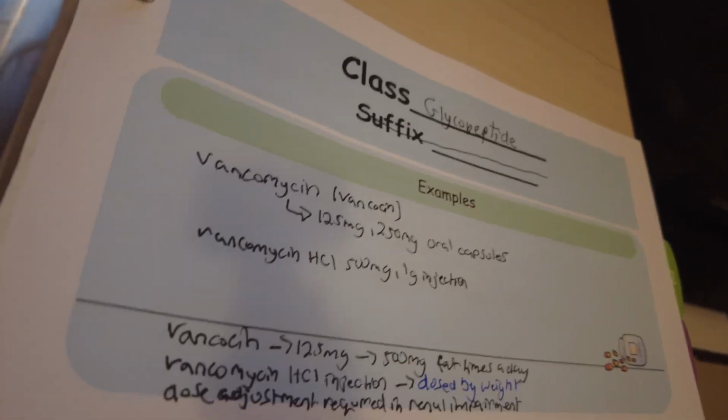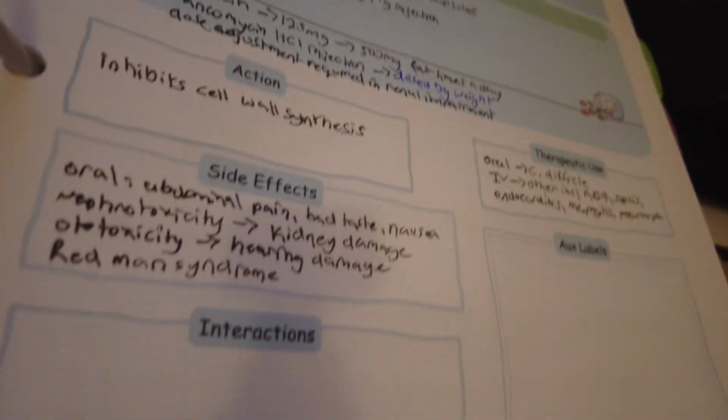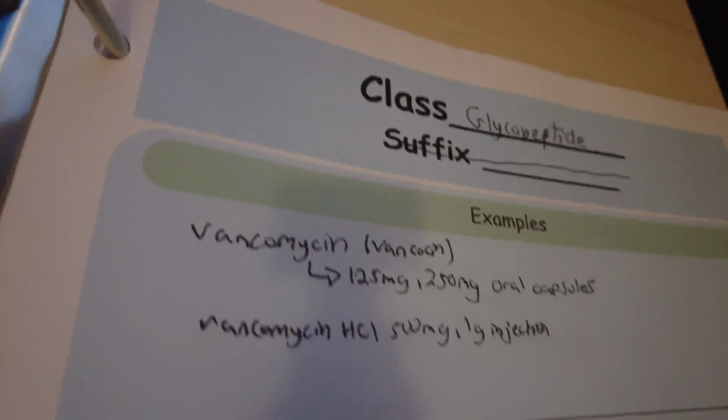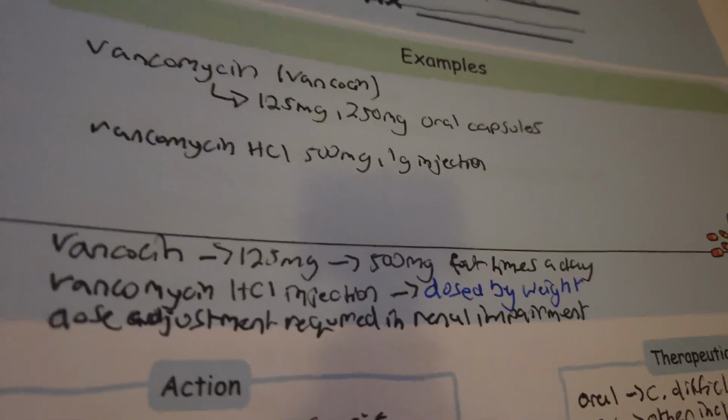Honestly, it's really good. I think I figured out how I want to make cards into this. So as you can see on here, they're divided into sections. So I think for each category, I'm going to make each thing into a section. Like class suffix, if there is one, and then examples of this, and then dosage range, and then a